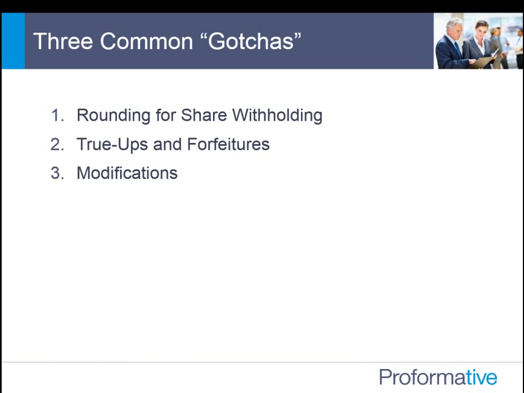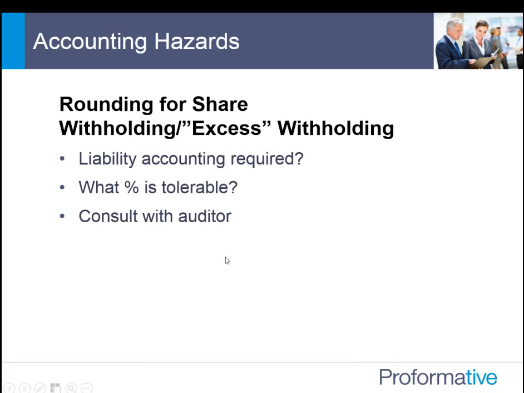And now we talk about the three biggest gotchas, as we call them. One is rounding for share withholding. The second is true-ups and forfeitures, and the third is modification. Probably no surprise. Rounding for share withholding